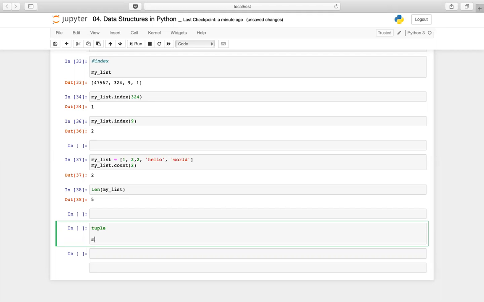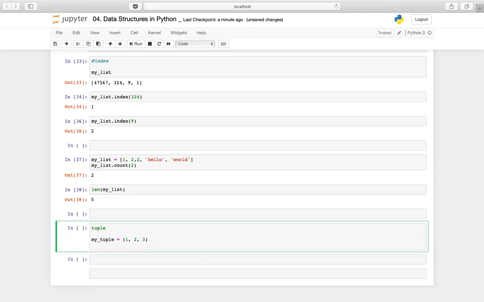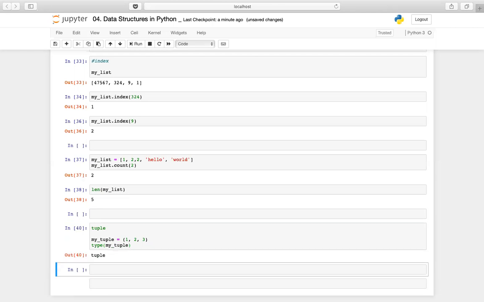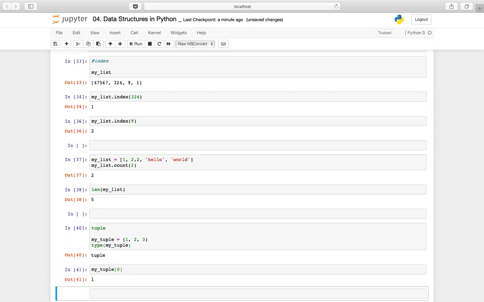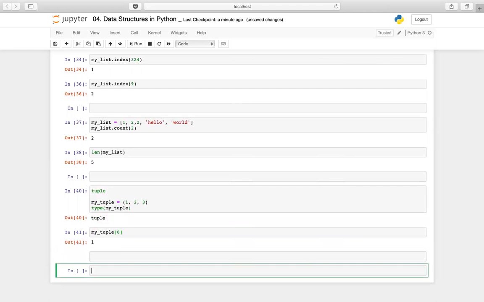Okay, so what do I mean by that? Say I create a new tuple. So basically I'm creating a new tuple. Tuples are denoted by parentheses. Okay. Now you can easily check the type of my_tuple, right? It's basically a tuple. Now you can easily subset it. Subsetting is not a problem, but what is the problem is